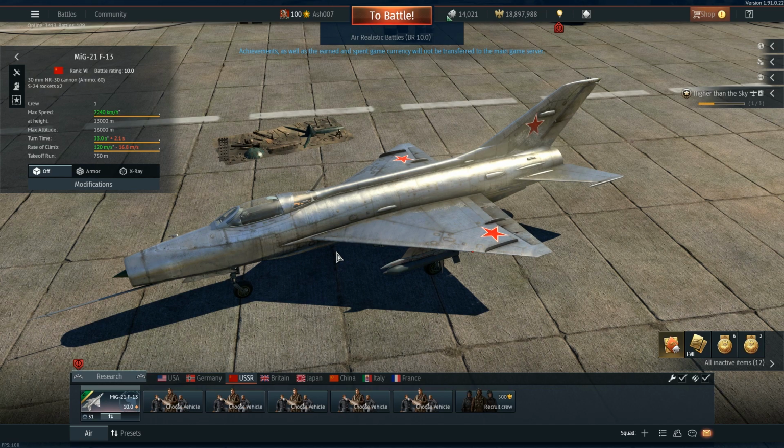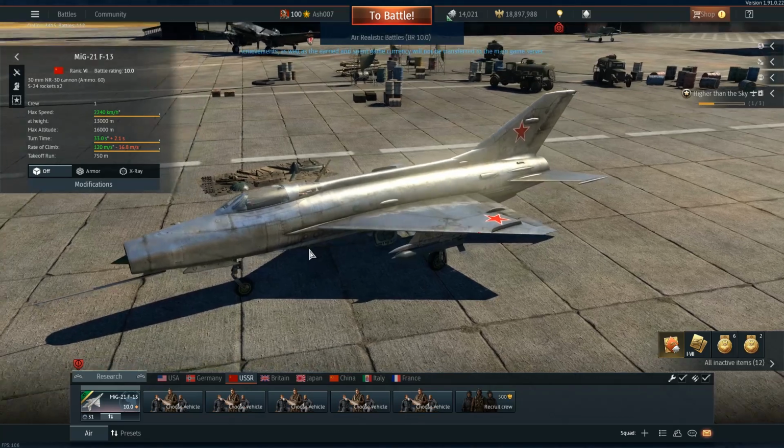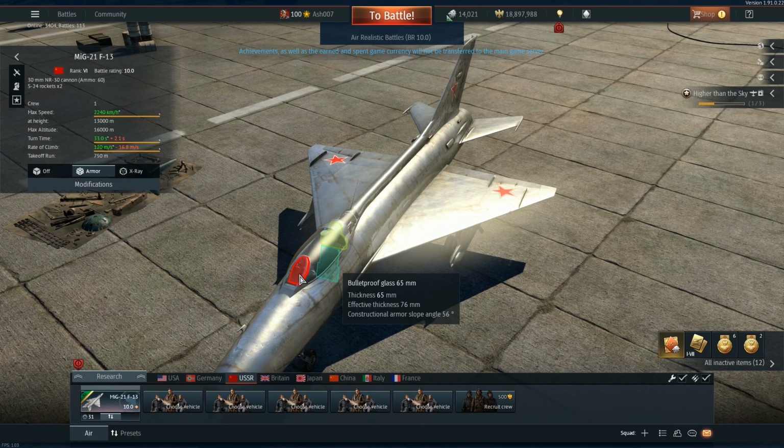Regardless, this thing can go 2,240 kilometers an hour. It is a rank 6. It is a battle rating 10.0. And again, I'd like to see the battle rating system bumped up to 10.7. The takeoff run is 750 meters, but again, she's a big bastard, and I've heard that she's particularly annoying to land. Regardless, armor, typical for a Soviet fighter, 65mm on the front, obviously 16mm steel, and then obviously 25 behind